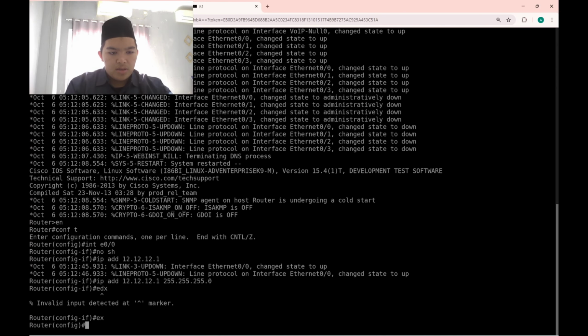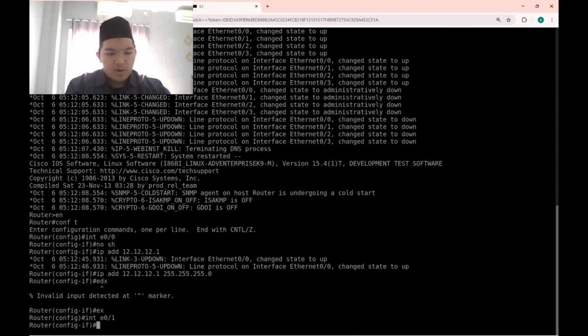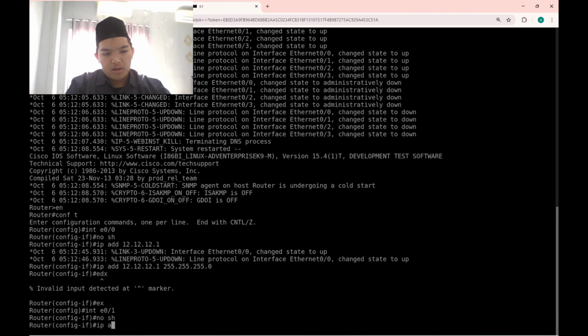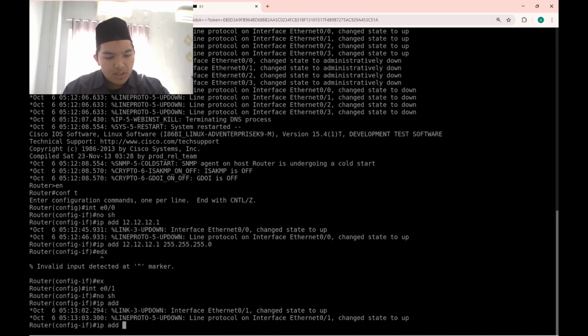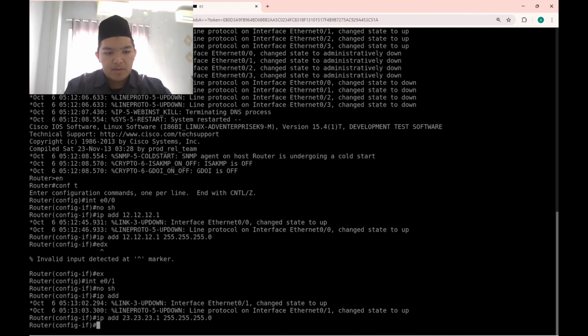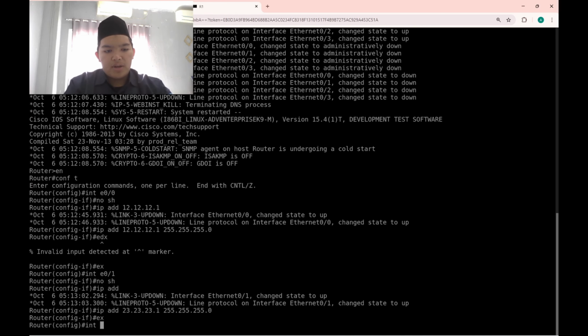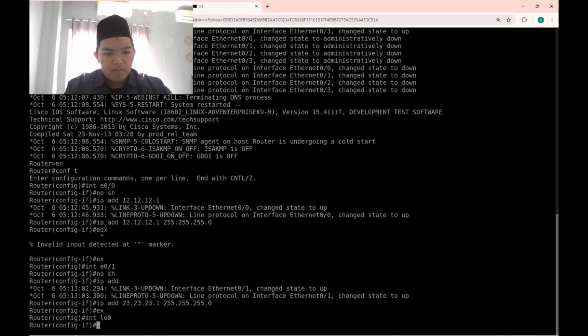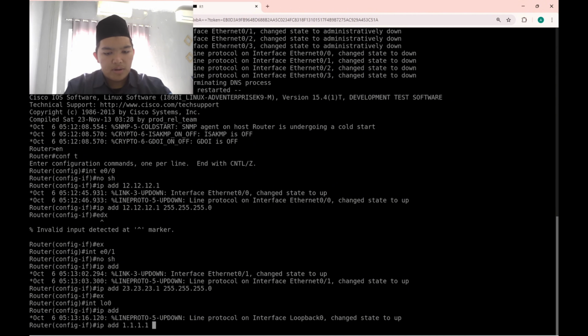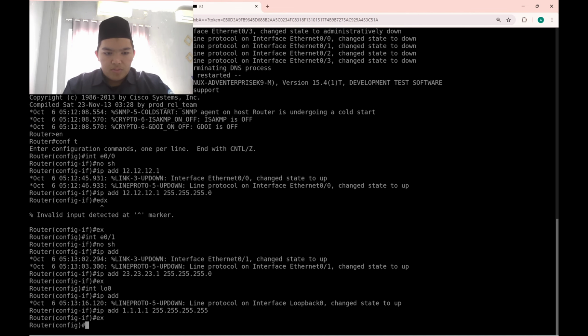Okay, guys, move to the second interface, interface E0/1, no shutdown, and the IP that I will use is 23.23.23.1, and the prefix is the same, 24. Then we create the interface loopback, and the IP is 1.1.1.1, and the prefix is 32.